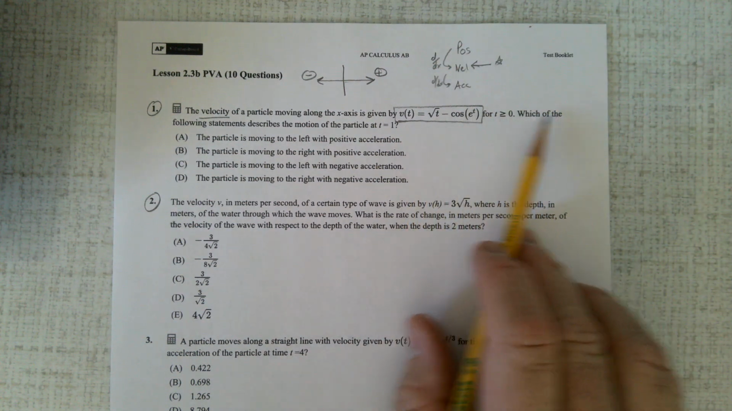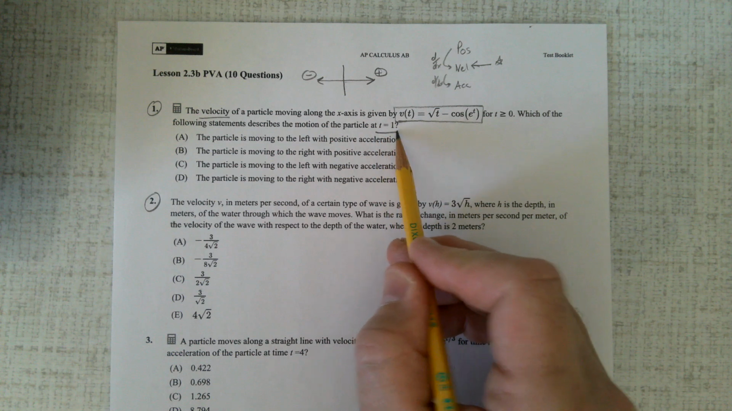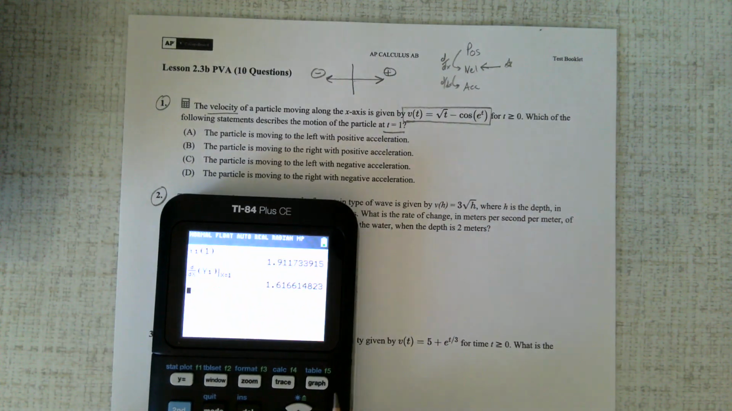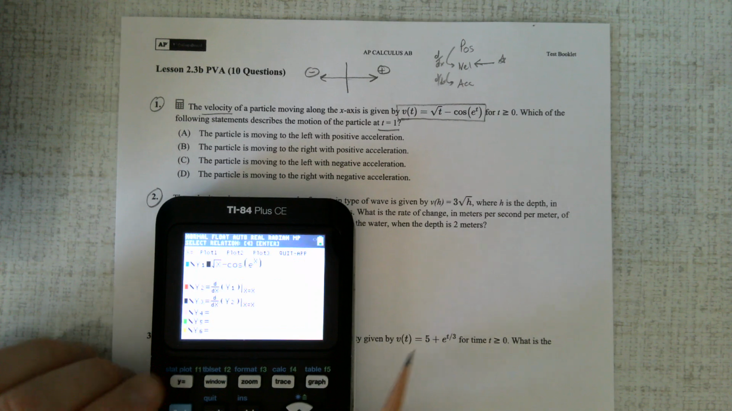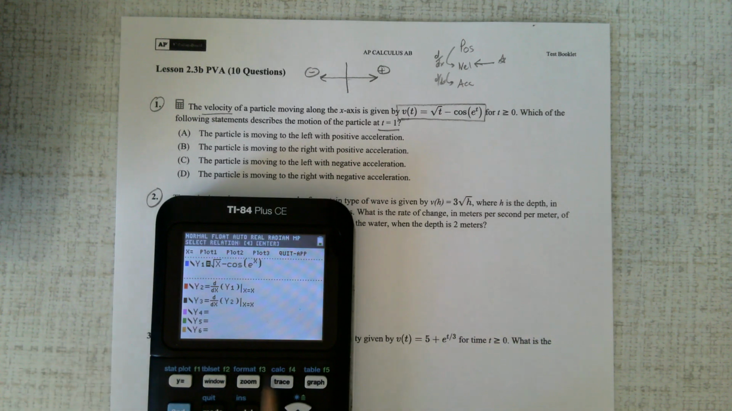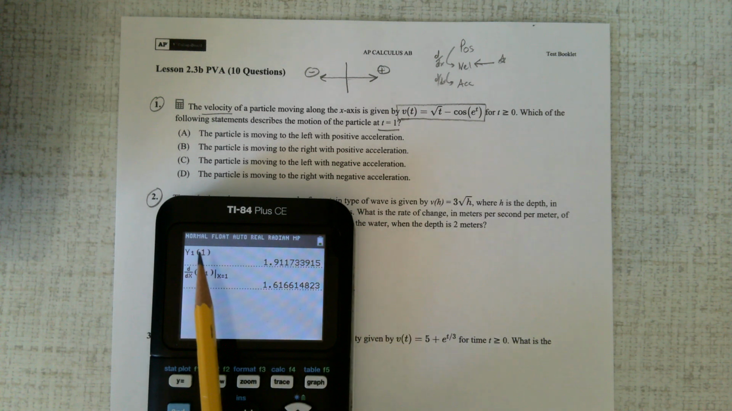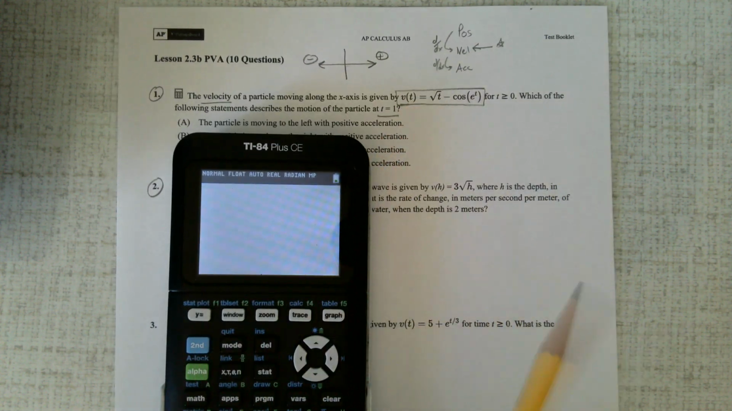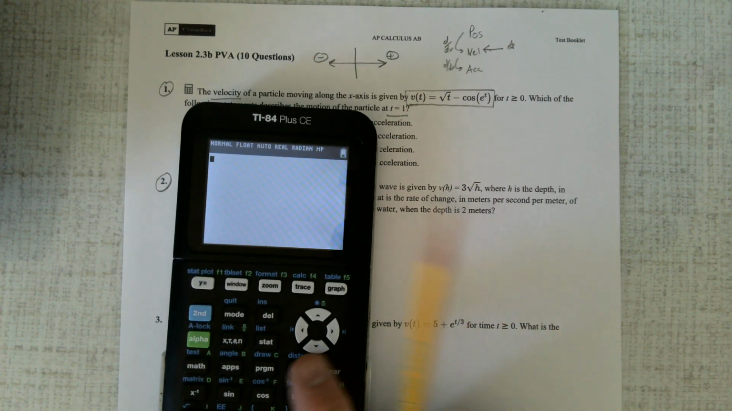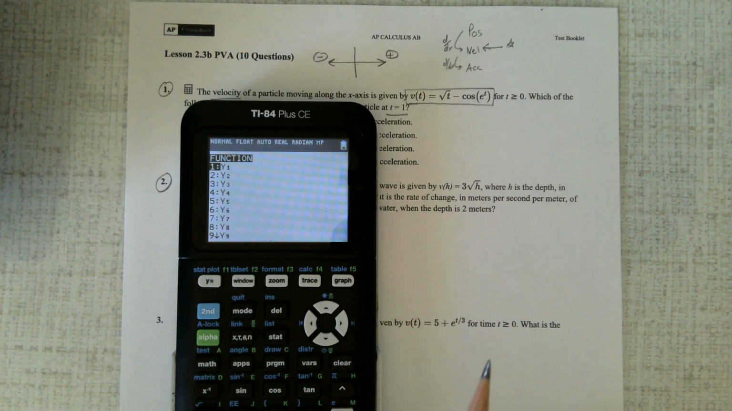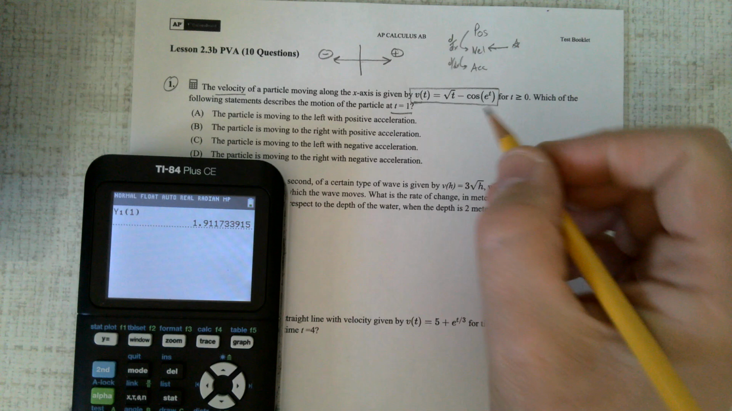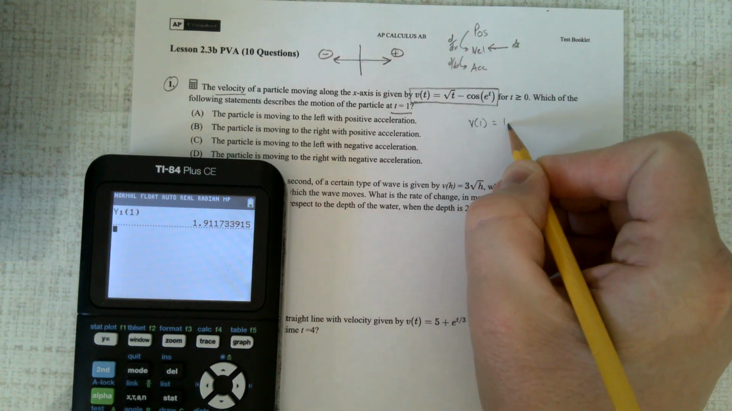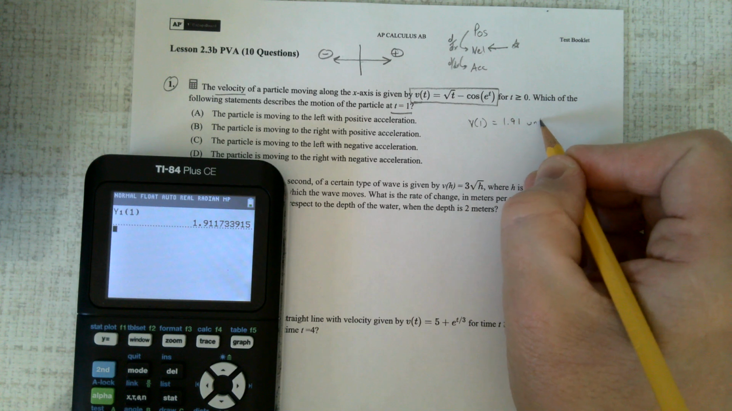So if I have this function, which of the following describes the motion of the particle at t equal to 1? Well, if you look on my calculator, I have that equation put in there for y1. And if I go to the home screen, I already did it right there. If you want to get that, hit the variables button at the very bottom, go over to equation 1, plug in 1, and there's a velocity. The velocity of 1 is 1.91 units per